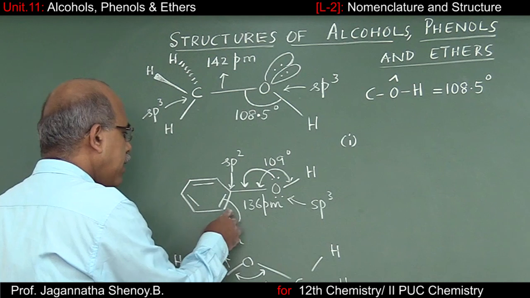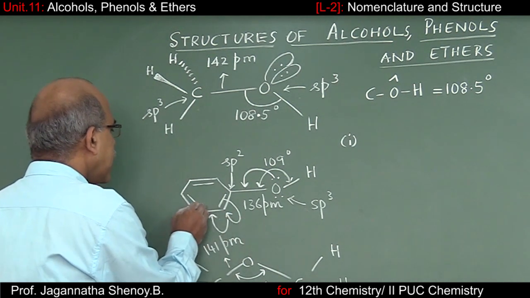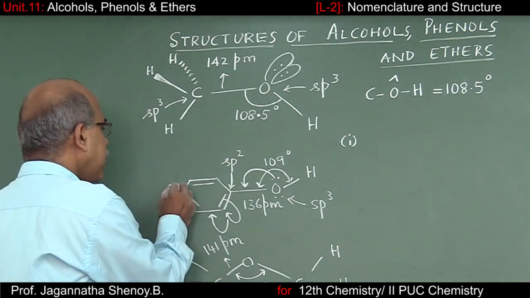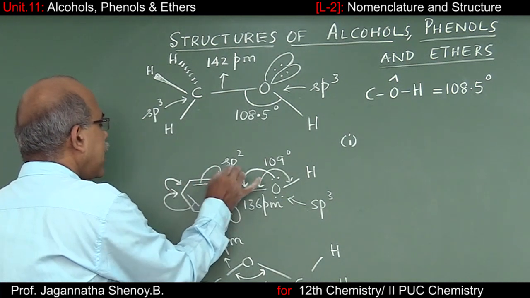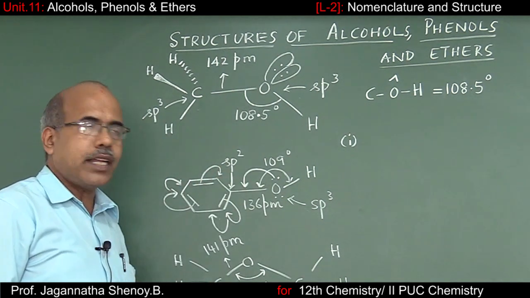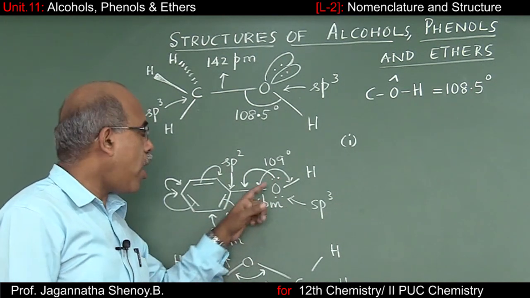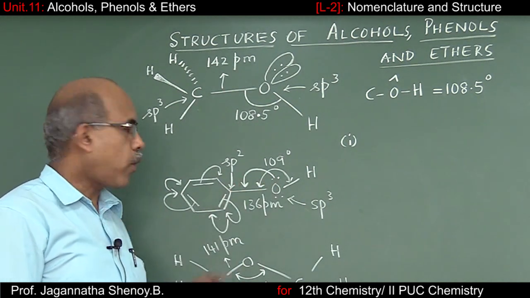And once you have a negative charge here, that negative charge can be shifted over here, and this bond should get shifted here. And then you will have a negative charge, so that should get shifted here, and this bond should get shifted here. In other words, the lone pair of electrons on oxygen are involved in conjugation with the